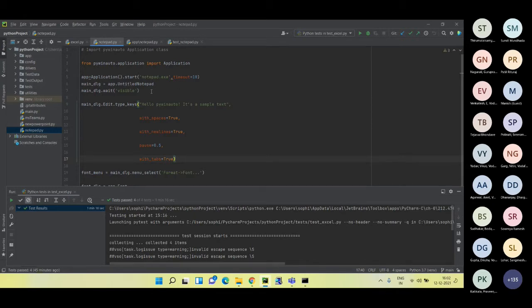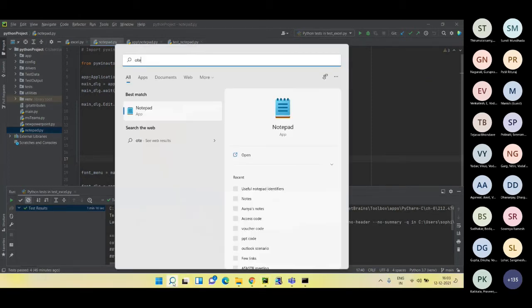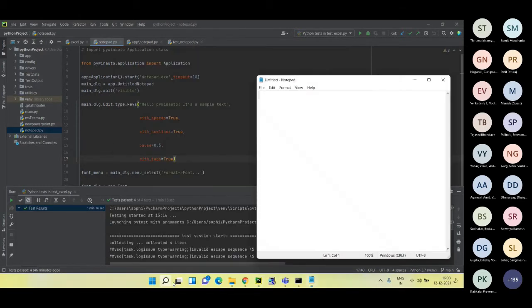After that I need to define that dialog, or define that application. Once I open a Notepad, you can see that the title is Untitled Notepad. The way we connect to this Notepad is by giving this title.